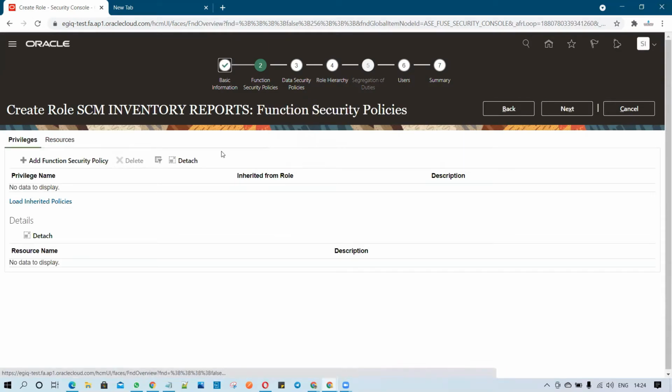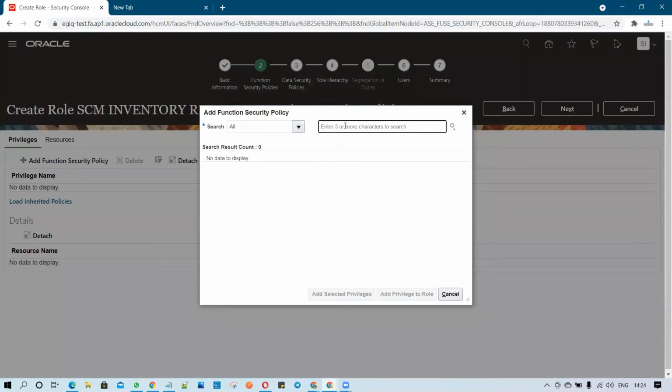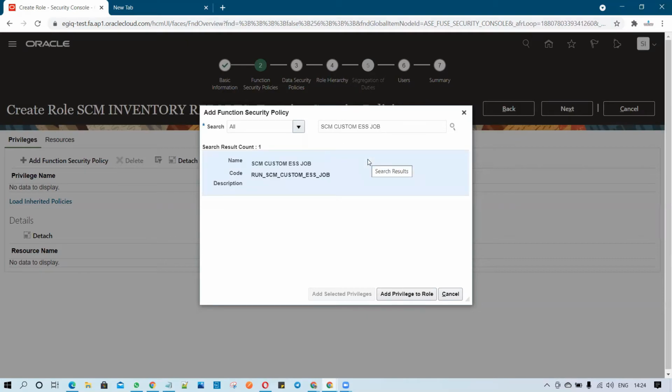Once you click on Next, the important step here is to add the security policy. Under the security policy, you add the privilege called SCM custom ESS, which we have just imported via the Import Users and Roles Application Security job.